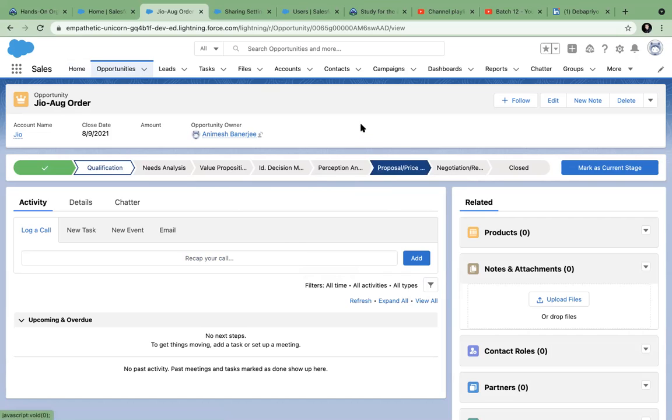So that is the reason why we have to make sure that only authorized people should be working on their records. Security is very critical.